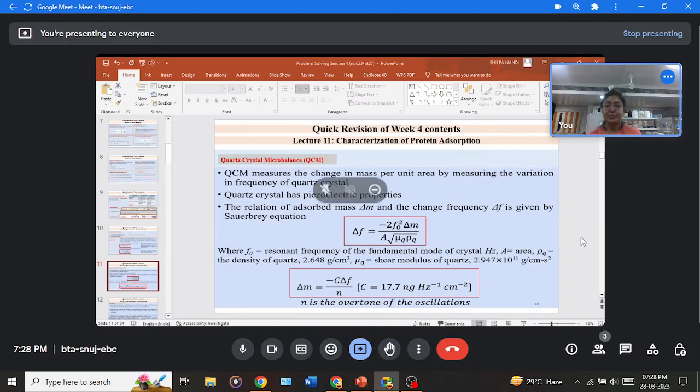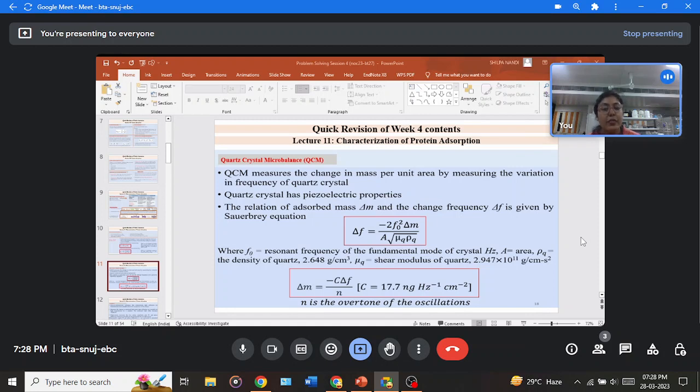We will next move on to the quartz crystal microbalance. In this case, it measures the change in mass per unit area by measuring the variance in frequency of the quartz crystal. Quartz crystal has piezoelectric properties, and the relation of the adsorbed mass, that is delta m, and the change in frequency, that is delta f, is given by the Sauerbrey